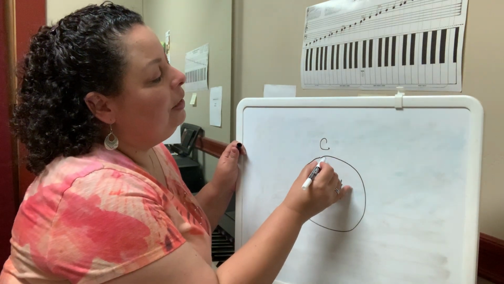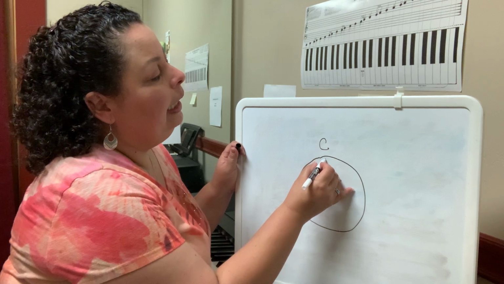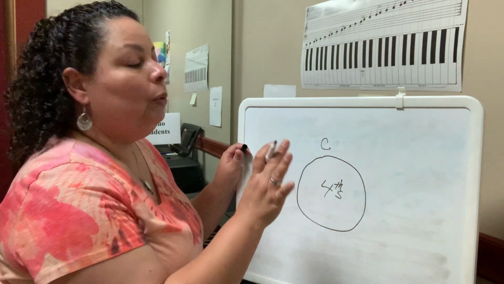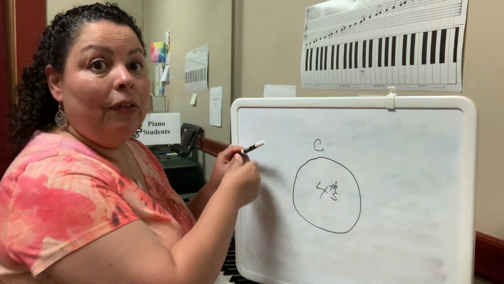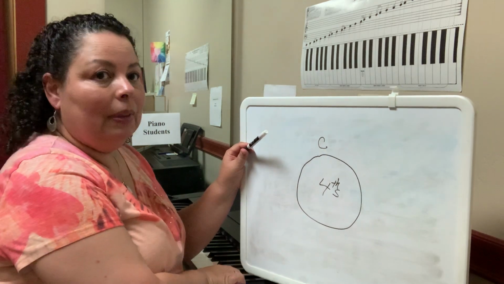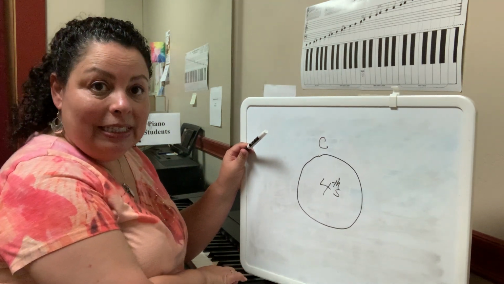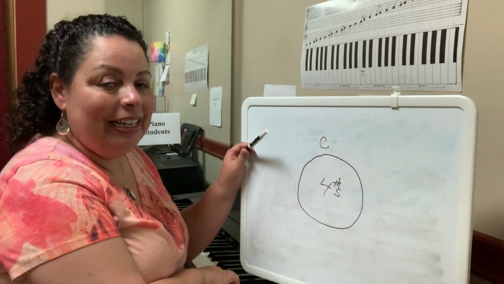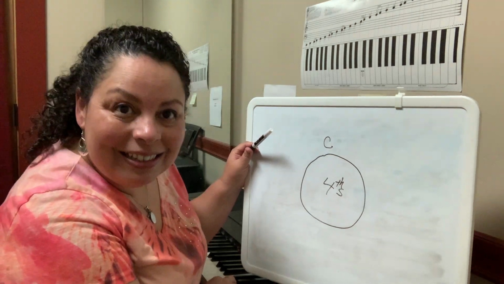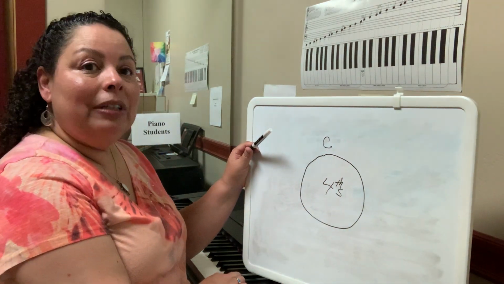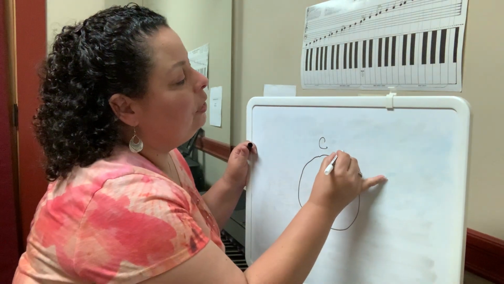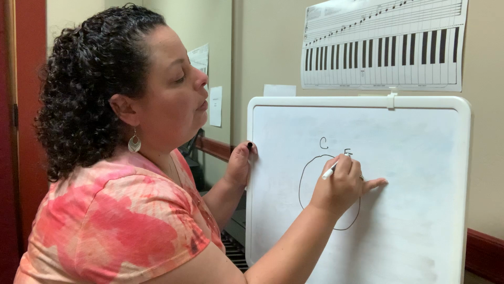So we're just going to leave it blank. There's nothing there. Now we're going to go up 4 notes from C. C will be 1, 2 is D, 3 is E, and then the 4th note is F, right? Okay. So now we're going to start a new scale starting on F because it's the 4th note going up